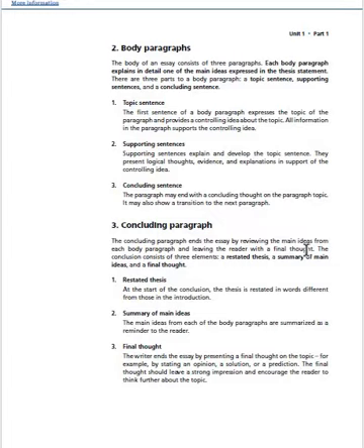So the concluding paragraph must consist of 3 types of sentences. The first one is the restated thesis sentence. You are not going to write the same sentence as in the introduction. You have to restate it. You have to convert it from active to passive. A summary of the main idea means you can use the